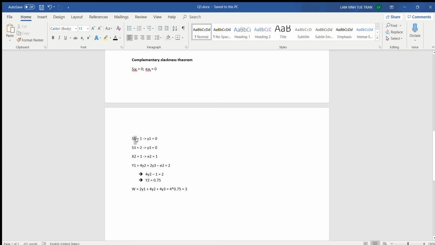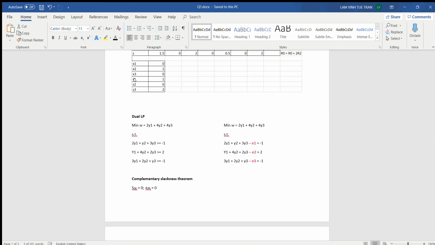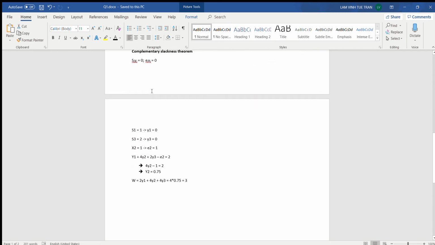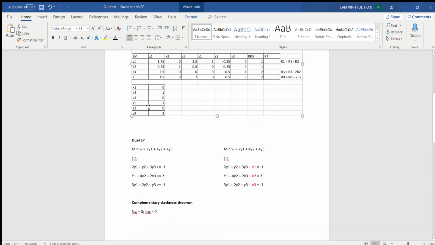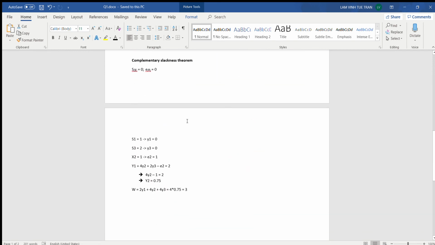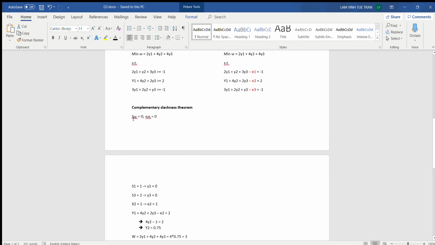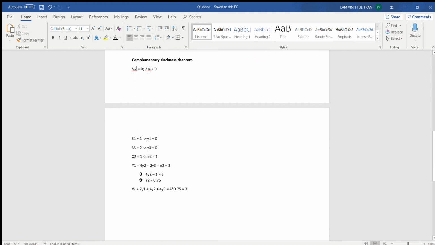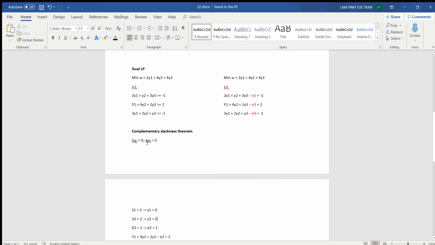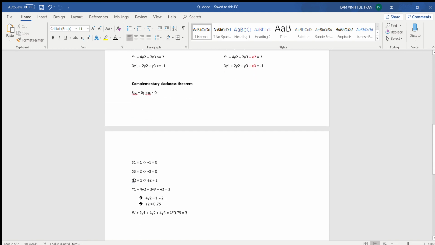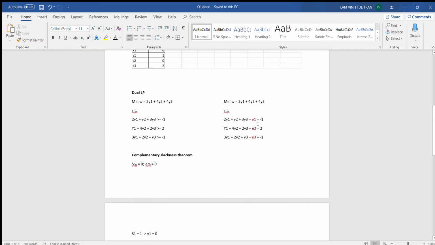Since s1 equals 1, we have solved s1 here. So according to the theorem, we have y1 equal to 0. The same thing for s3 equals 2, so y3 equals 0. And we have x2 equals 1, therefore e2